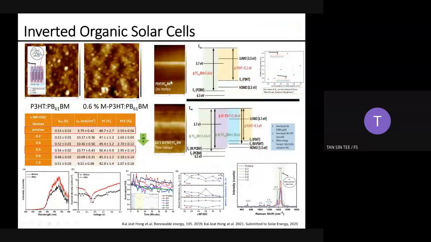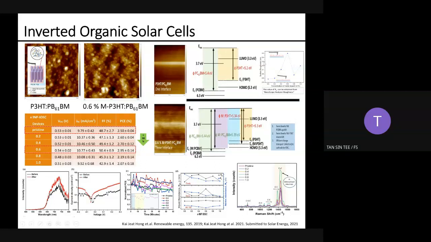Some of the previous study was done by my student Aaron Hong as well, during his master's study. During the master's study, we also modified and improved the stability of the devices of the original P3HT:PCBM sample by doping with 0.6 of metal, which is indium sulfide here. We undertook a few analyses, like AFM analysis, to study the surface roughness. We found that the higher the surface roughness, the better the contact between your hole transporting layer and your active material, as well as the infiltration of your P3HT:PCBM toward your zinc oxide nanorod.